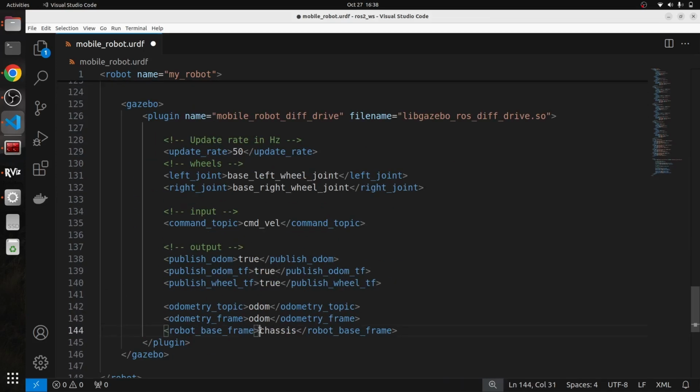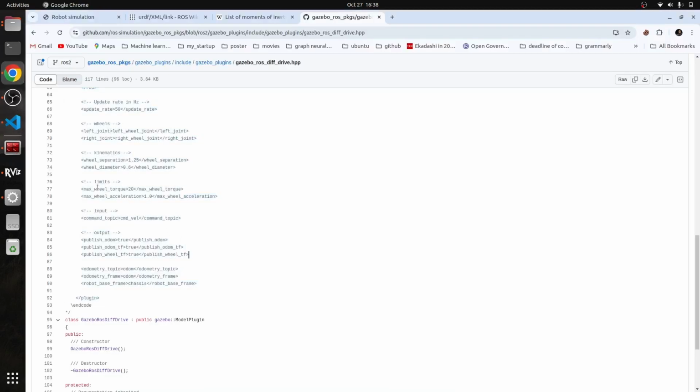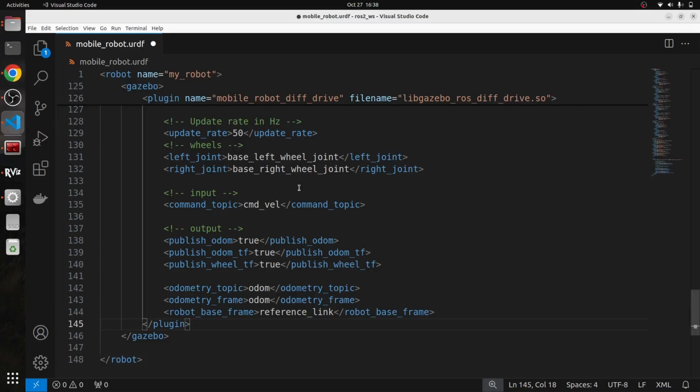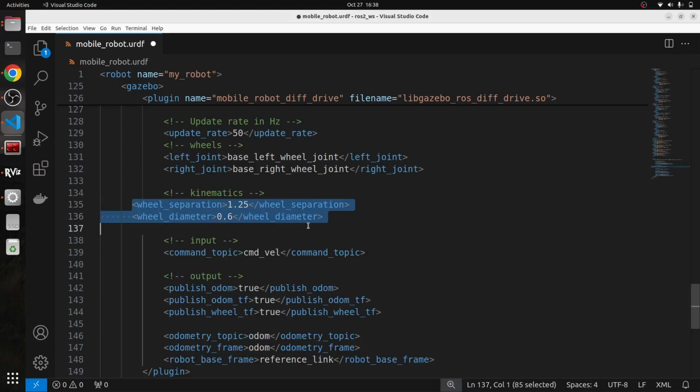Reference link. One more command I have deleted, so I have to write this one, kinematics, wheel separation. So we have to write wheel separation, kinematics, wheel diameter. We have to write the kinematics. Okay, so here after this I have to write